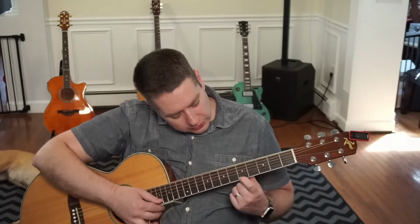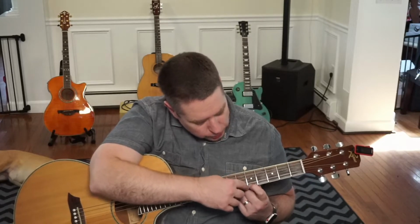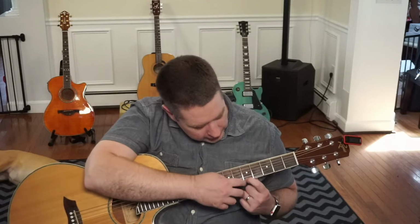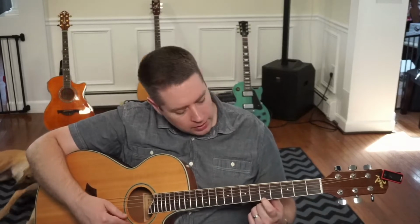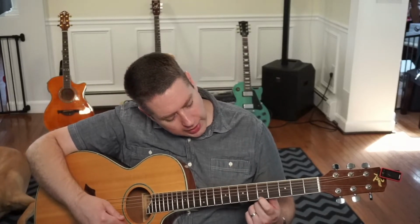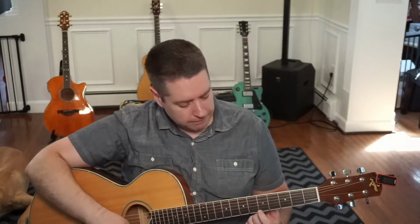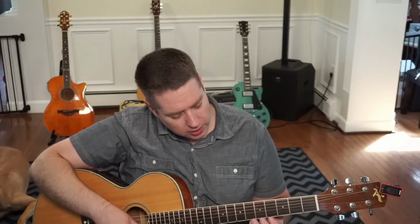And what that allows us to do is put a lot of pressure right behind the note, and it's where the string comes in contact with this fret bar that the note is actually coming from. So the closer you can get to putting your pressure there, the more precise that pressure is going to be on the place where we want it to be playing from. That's a little bit more technical than we need to talk about, but